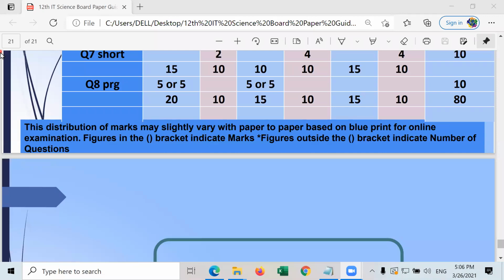Sir, for practical, I mean the program in question number 8, are our textbooks and TPS only sufficient? Yes, that is more than sufficient. Means no programs other than that might be asked, right? You are correct. Okay, sir. Thank you very much.